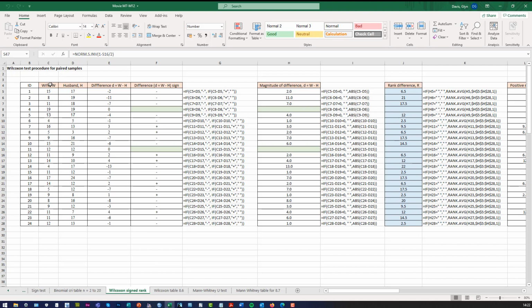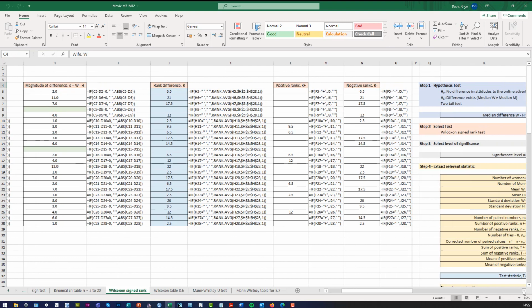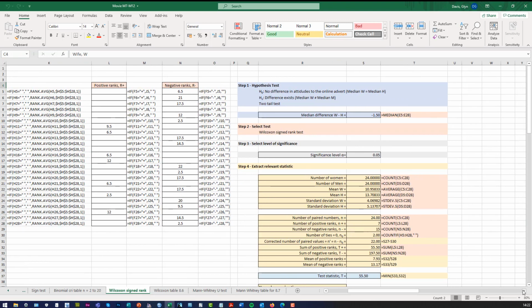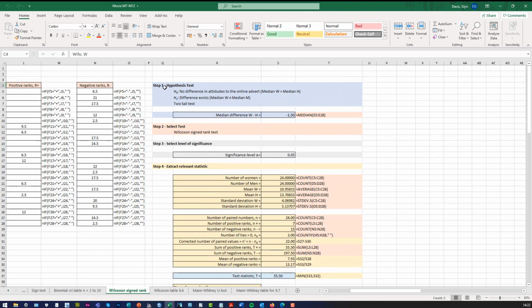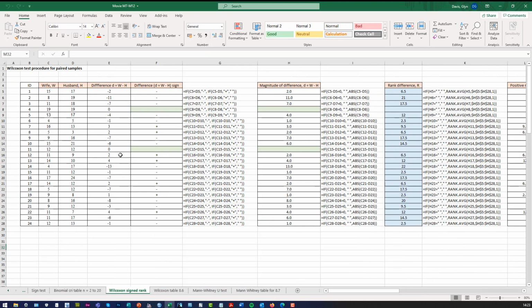So we used Excel in that previous movie to conduct a Wilcoxon signed rank test. Remember, the null hypothesis was no difference in attitudes to the online advert between women and men, or wives and husbands. The alternative was that a difference does exist, so there's a difference between the two medians. So we have a two-tailed test. Now remember, these are about populations, and we're using the sample data to try to say something about those population